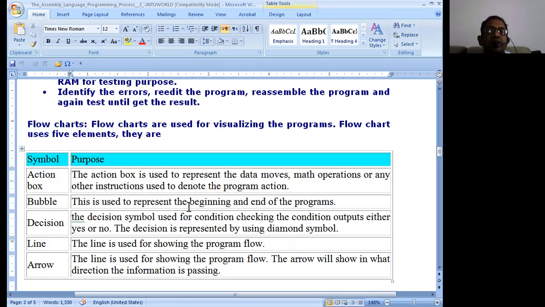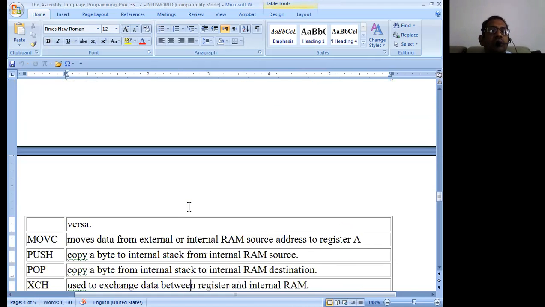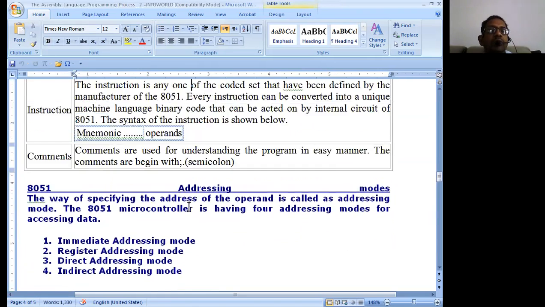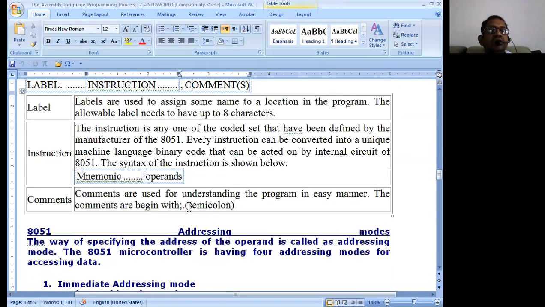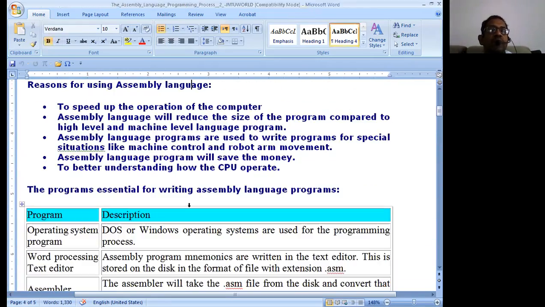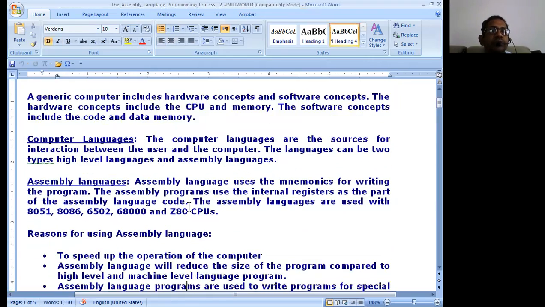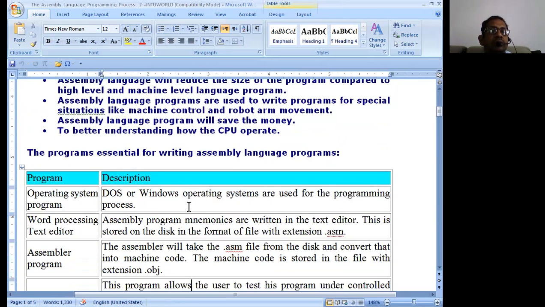So these are certain important things which have to be kept in mind in order to write a program. Now apart from these, as I was telling you earlier, you should be aware of the operating systems that you are using, such as DOS or Windows operating systems, for programming processes.